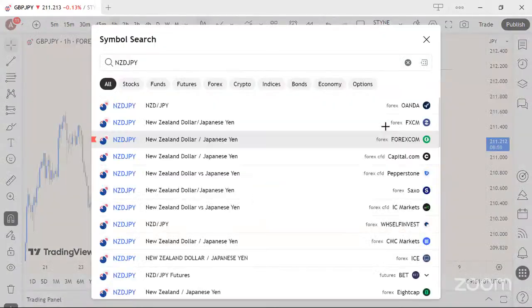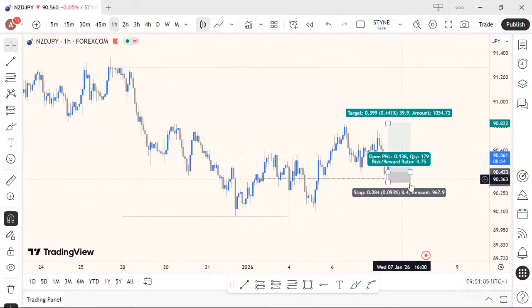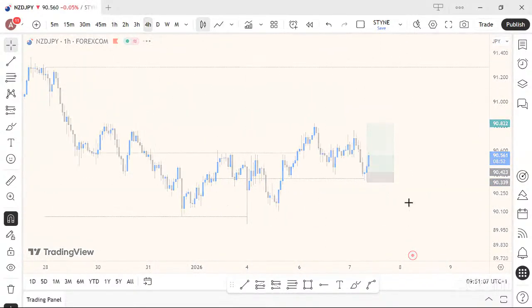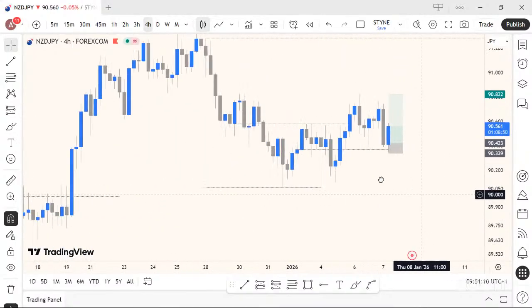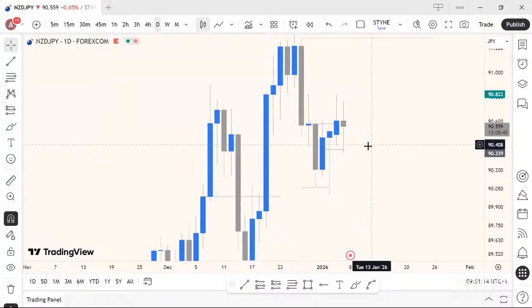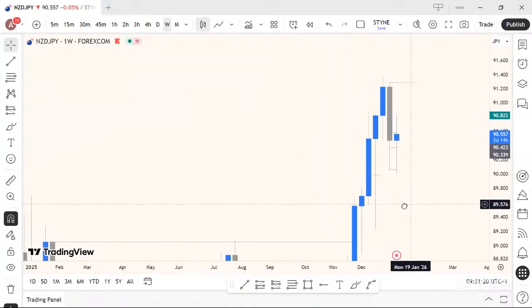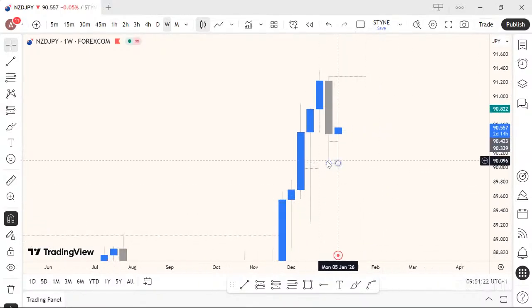So I had GJ and NZD-JPY this morning. NZD-JPY is already flying. So let me see NZD-JPY. So the plan was, something is happening here. I think this trade, I took it from the weekly. I drew my bias from the weekly time frame. See what's happening on the weekly. Weekly is sweeping the previous week's low and should come for the high.